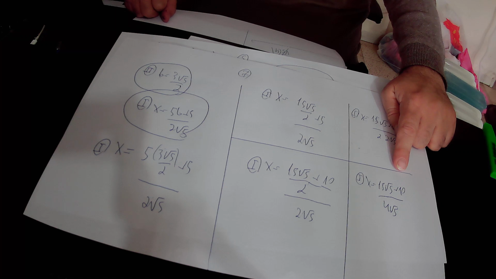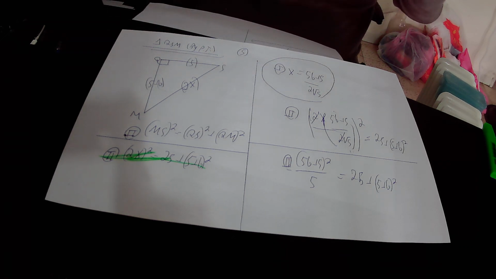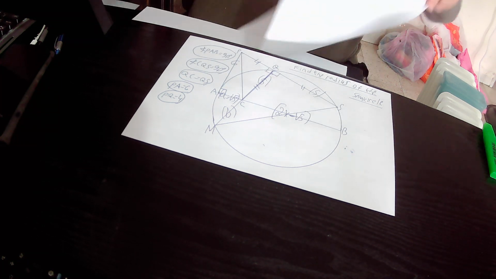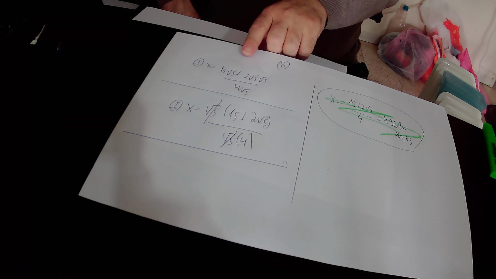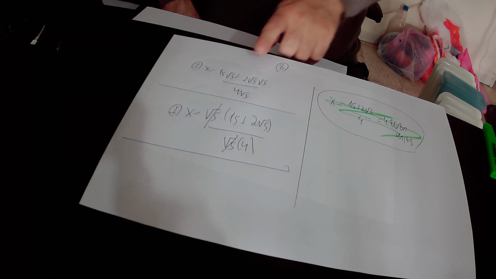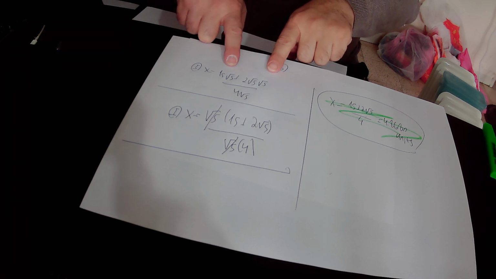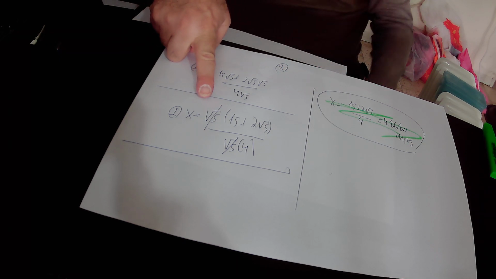Here we substitute 10 by 2 times square root of 5 times square root of 5. And we found that x equals 15 times square root of 5 plus 10, and 10 is 2 times square root of 5 times square root of 5, all divided by 4 times square root of 5. Then we took square root of 5 as a common factor from those two expressions. So x equals, with square root of 5 taken out as a common factor,